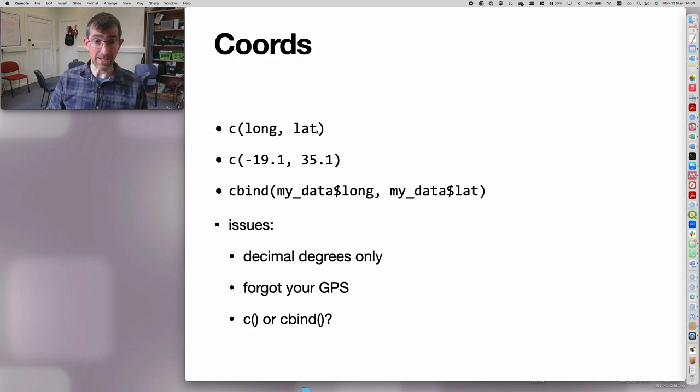You might be used to thinking about latitude and longitude, but the argument here is you do the x coordinate, and then you do the y coordinate, so long and then lat. So here's an example of the site in Mozambique. If you're doing it with a data frame, you need to paste in the 2 columns. You use cbind, not C, so that often catches people. It only takes decimal degrees,